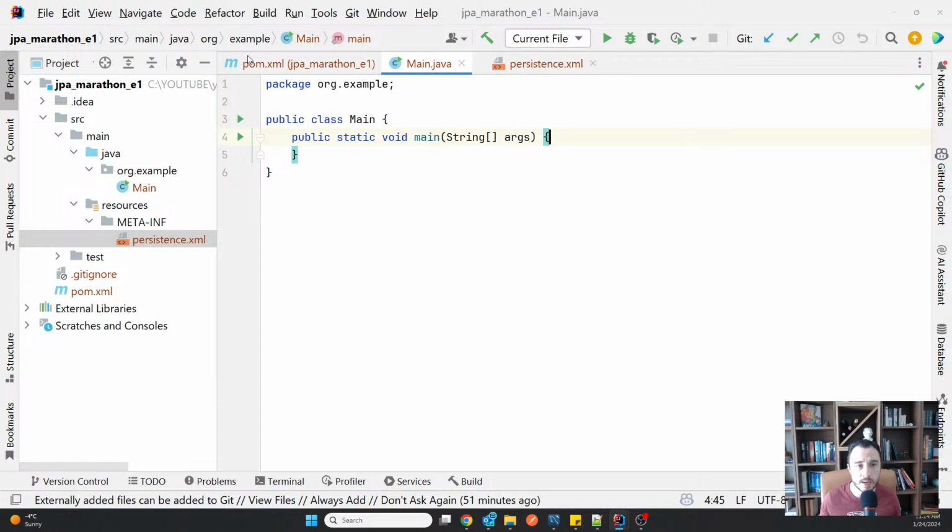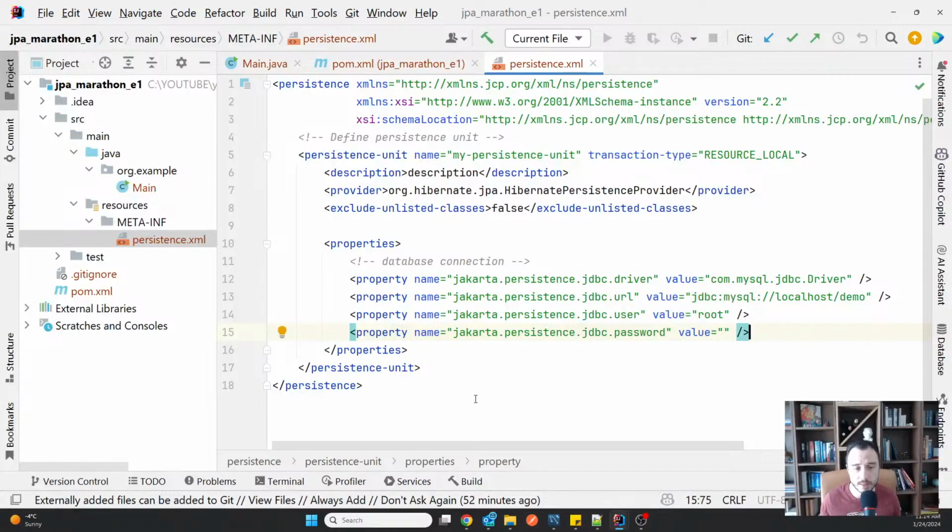So besides the empty main and the POM XML that I have just explained here, you have the persistence XML file. Now I'm going to tell you that this is the older way in which one would create a connection through what we will soon call an entity manager factory. So I want to describe both options today, the programmatic option and the descriptive option, for establishing the configuration and connection of your application to a database management system.